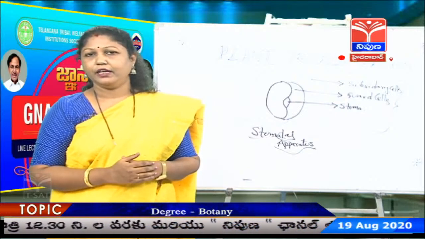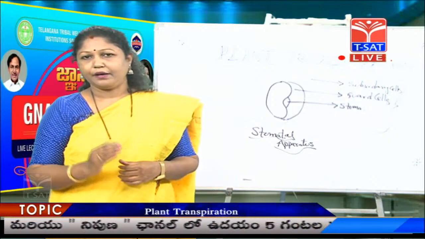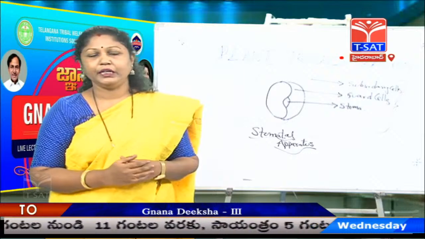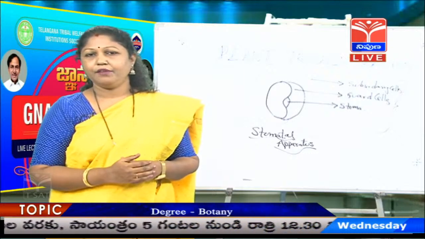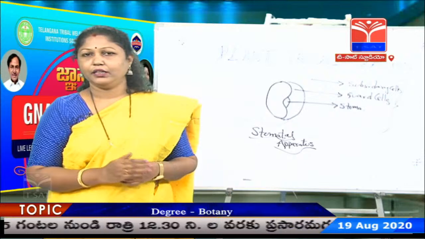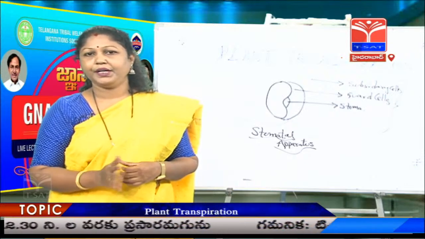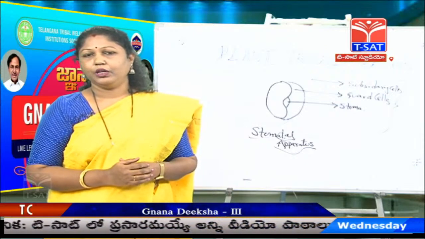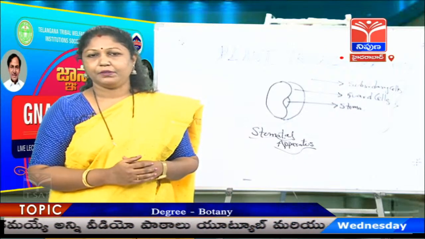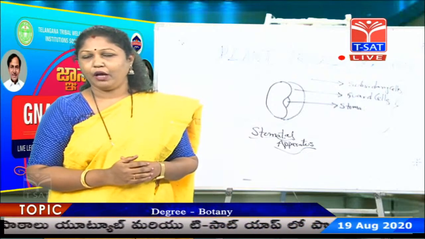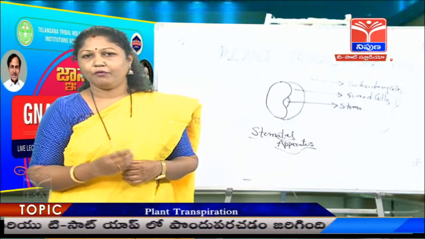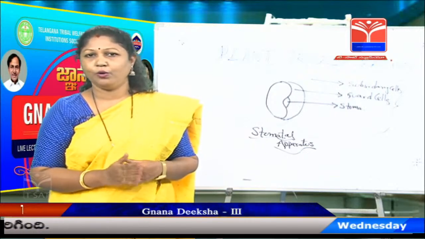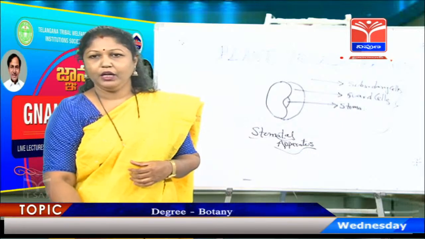If the cuticle is thin, then transpiration occurs through the cuticle also, that is called cuticular transpiration, which we will deal with in the next slide. And if the cuticle is thick, it suppresses the transpiration or interferes with the rate of transpiration. Not only that, it is amazing to know that if the cuticle is completely absent on the leaf, then the leaf will have a deleterious effect, because water will continuously keep on evaporating, as there is no protective layer or waxy layer over it.